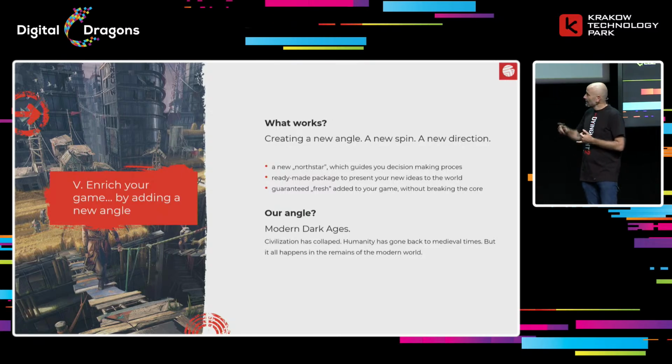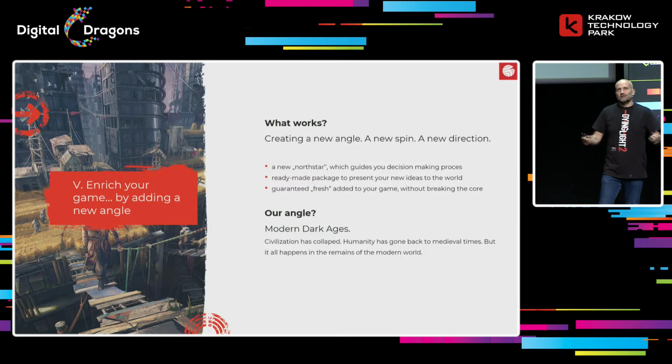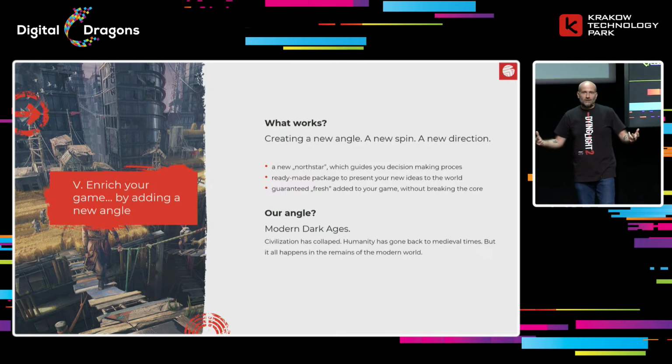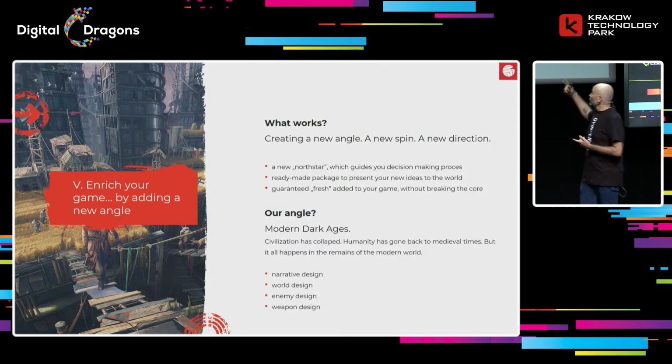Humanity has gone back to medieval times, but it all happens in the remnants, in the remains, in the scenography of the modern world. So this actually was our new North Star.